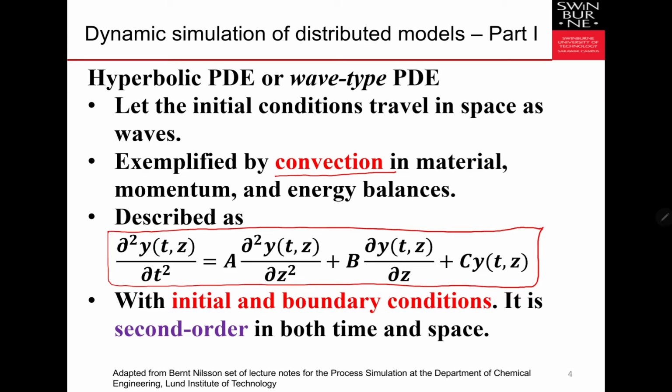Because it comes with time in the derivative, and also with the position coordinate variables in the derivative, you need initial conditions and also boundary conditions to solve this PDE. As stated in this expression,